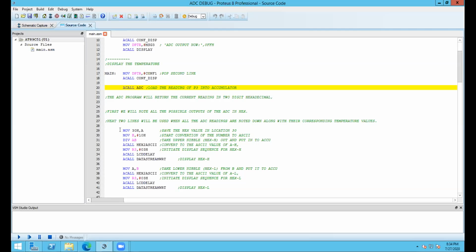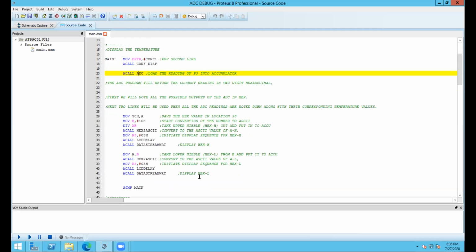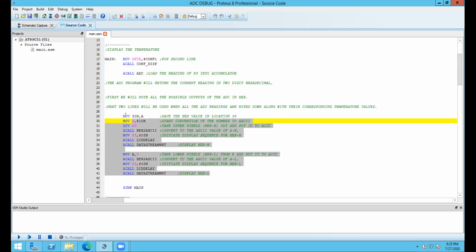Simple. All of you have gone through ASCII conversion, hexadecimal conversion in your microcontroller basic classes, right? In your practical as well, you have converted hex to ASCII, ASCII to hex, and vice versa. So this part actually does that thing.